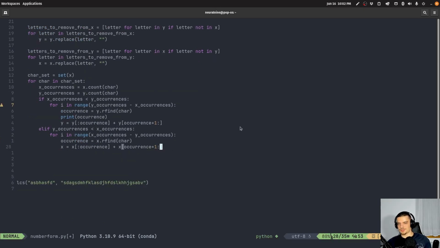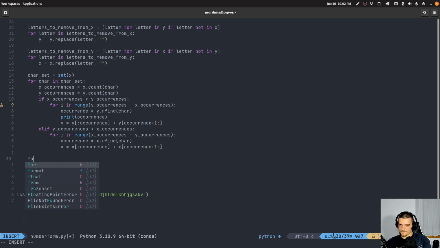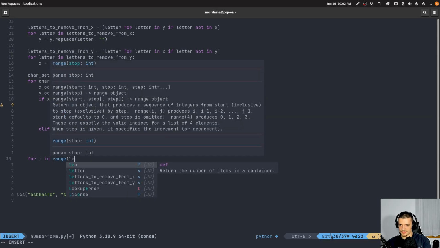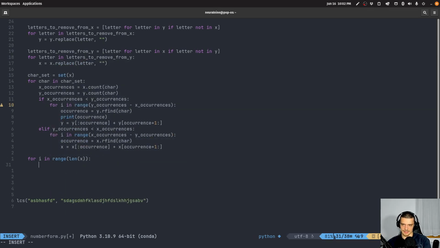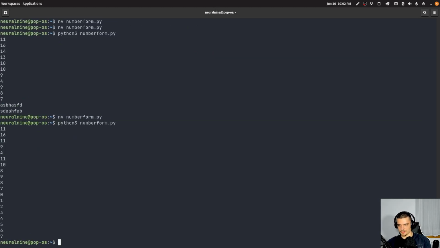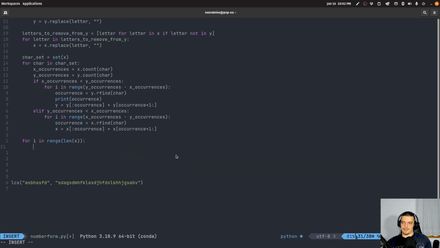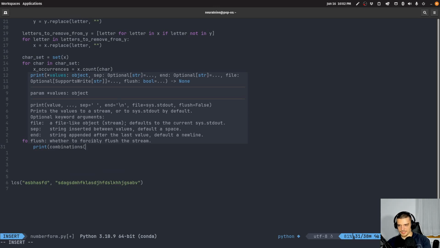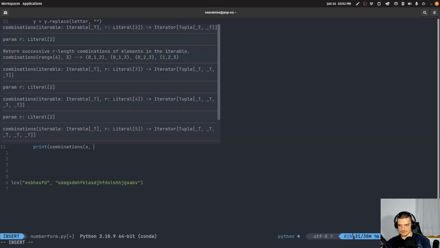That's it. And we're going to say now, for I in range length of x, because length of y, length of x should be the same. We're going to go up until the max length, so down to 1 essentially, and we want to start here with, I should start with 0, right? So if I print I 0, just want to make sure. Yes, it is. And because of that, we can just go ahead and say, let's just print this to see what we get here. Combinations of x and